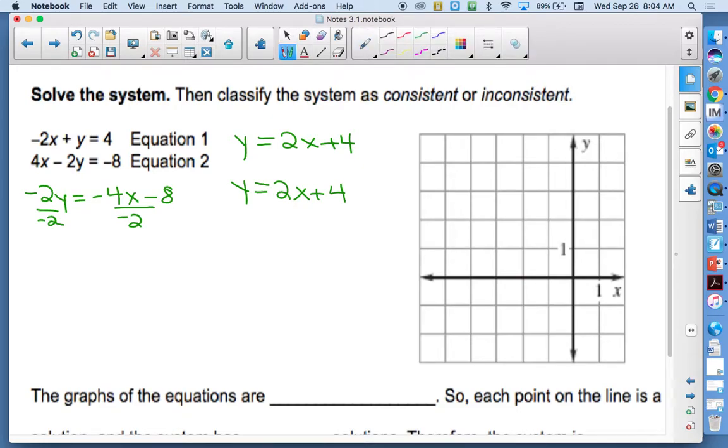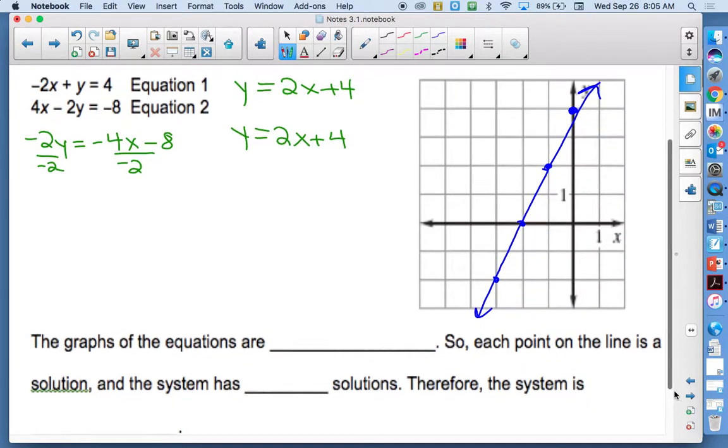So for the first equation, you should have had y=2x plus 4. The second one is also y=2x plus 4. And instead of rising 2 and moving right 1, we can also fall 2 and move backwards 1. You still get the same line, you're just kind of looking at a different portion of the line. So underneath, there are two little fill in the blanks. It says the graphs of the equations are